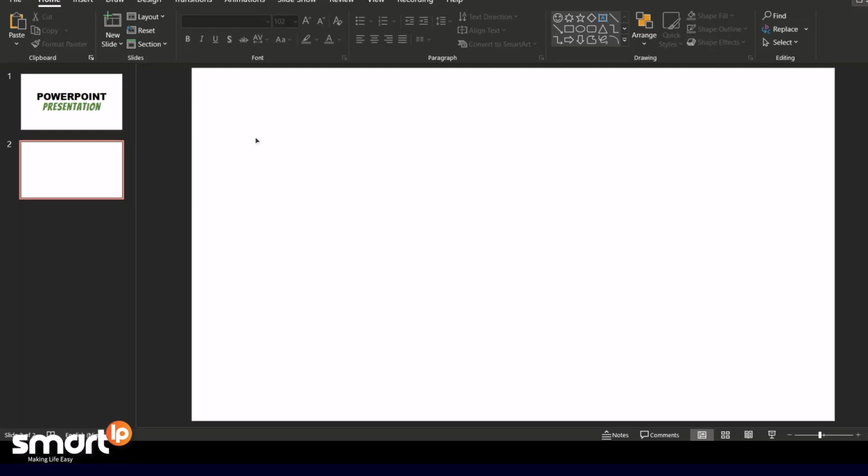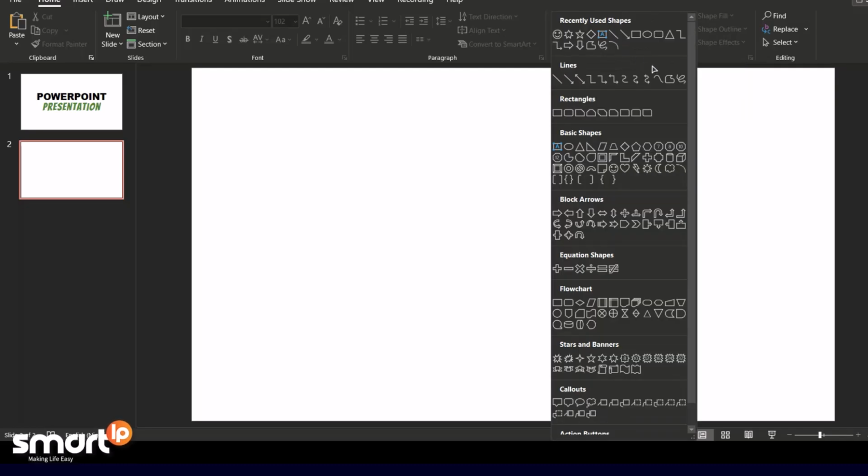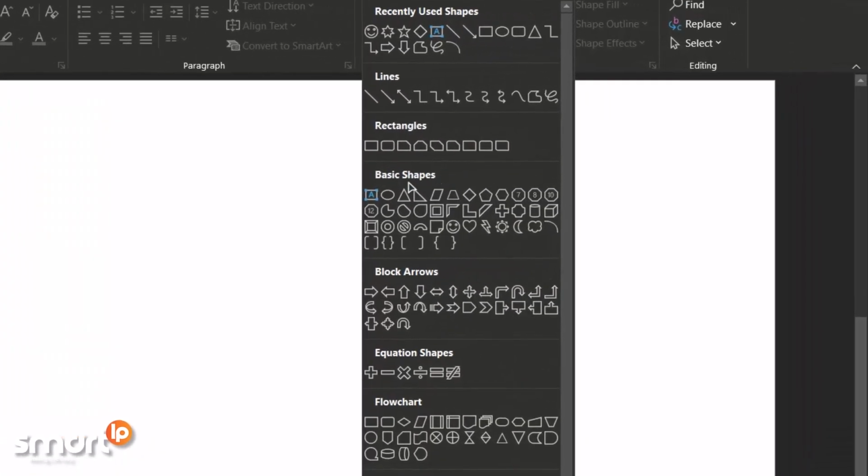Okay, very good. So to add a text box into your PowerPoint, what you need to do is to go to the shapes. You can locate the shapes from the home tab or from the insert tab. From the home tab, you go to the drawings group. You see this is where we have the shapes. Click on this more button and then look under basic shapes. Locate this icon that says A, that's the text box, or you can also see it here. So if you click on it,